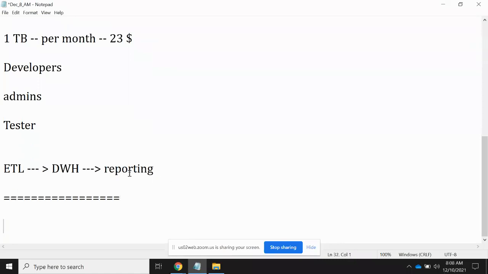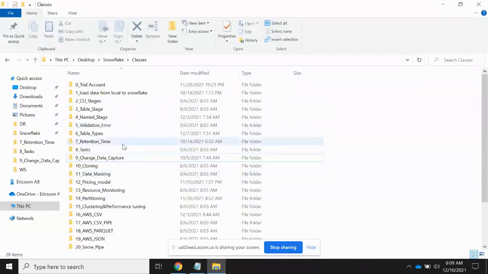In the last sessions, we saw how to create a trial account, and what options we have in Snowflake. So that was just a tool introduction. Now, today, what we are going to see is how to create a